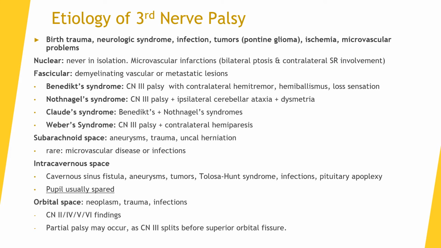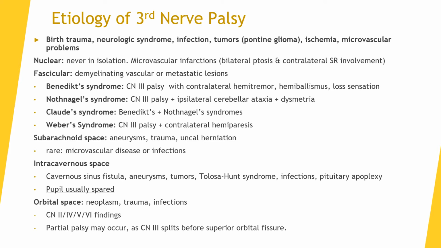And now let's discuss more of the etiologies that can cause third nerve palsy. I apologize, this is a very busy slide, but we'll tackle them one by one. Overall, the palsy can be caused by trauma during birth, and it can also be from a neurological syndrome, infections and tumors, ischemia or the lack of blood flow to the region, or microvascular problems. Specifically, there are around 7 regions where a third nerve can be adversely affected, and namely, they are first,